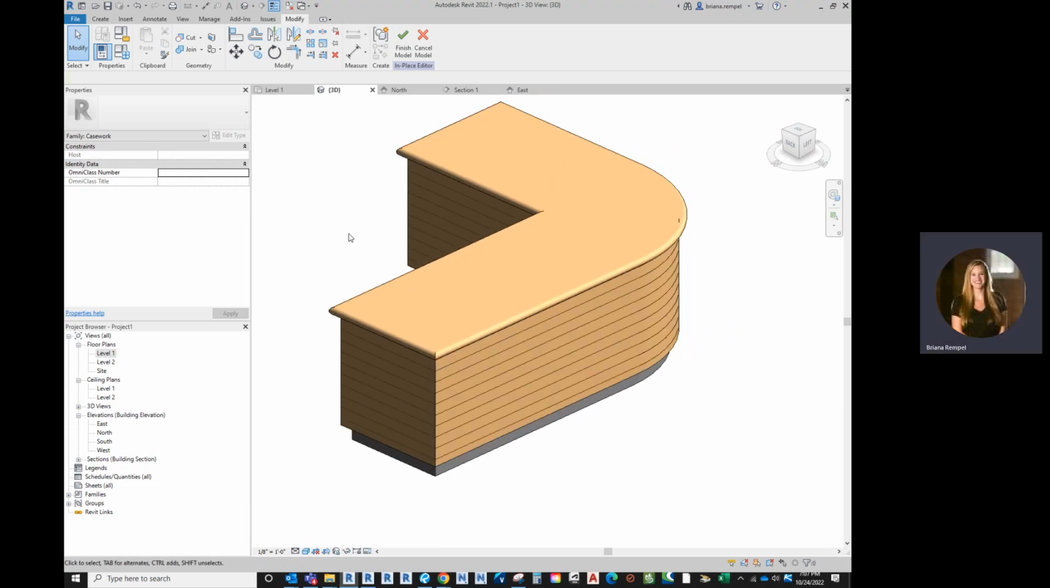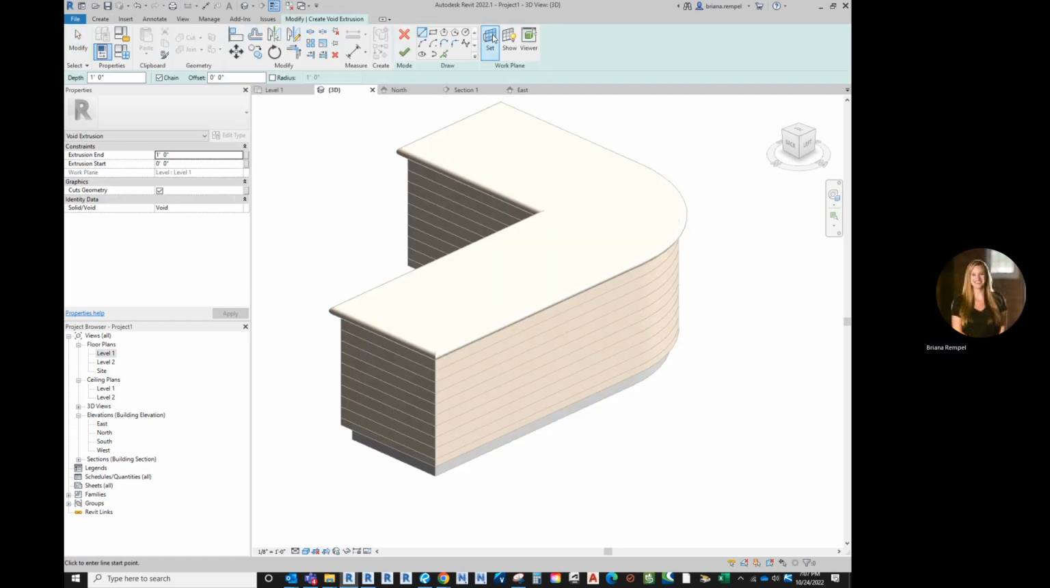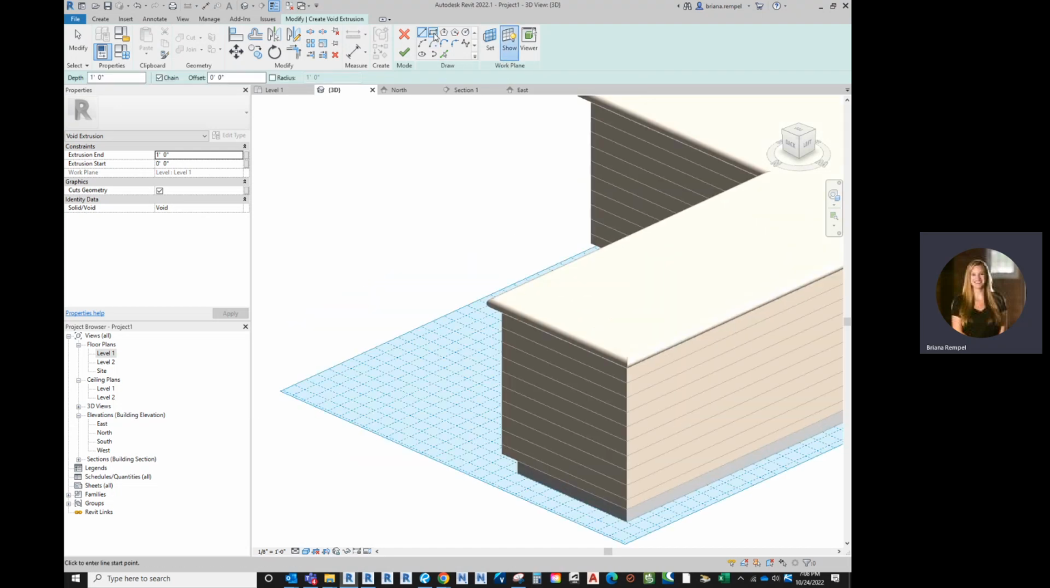All right, you can also use void forms for other items. I'm still going to stay within my model here. I did finish the sweep, but I'm going to stay within my model. If I go to create and void forms, I'm going to do a void extrusion. And by default, the work plane for these is going to be level 1. So if I turn this on here, for the work plane, I'm going to say show. So it's going to show you what plane you're in. So if I were even in 3D, if I started to sketch right now, it's still going to draw it